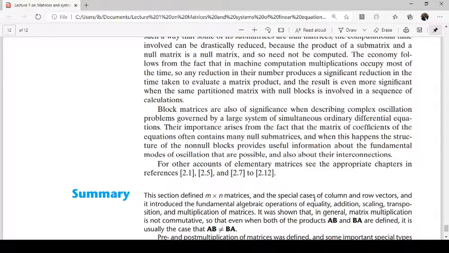It is significant in describing complex oscillation problems that are governed by a large system of simultaneous ordinary differential equations. In fact, problems like this arise from the fact that the matrices of the coefficients of the equations contain many